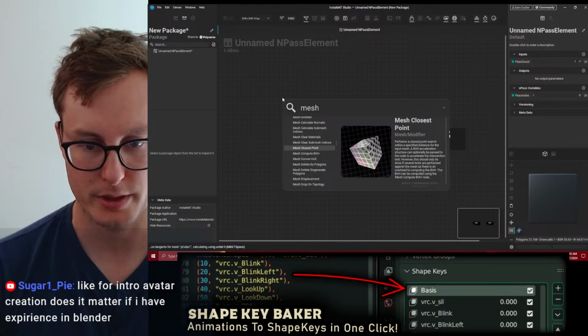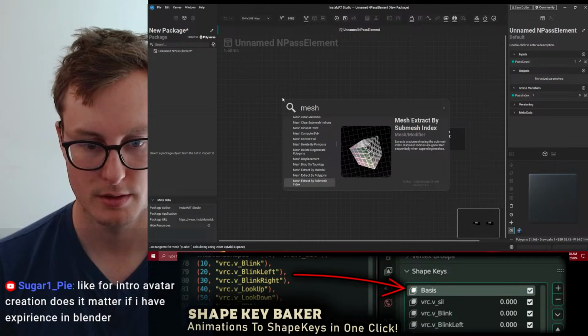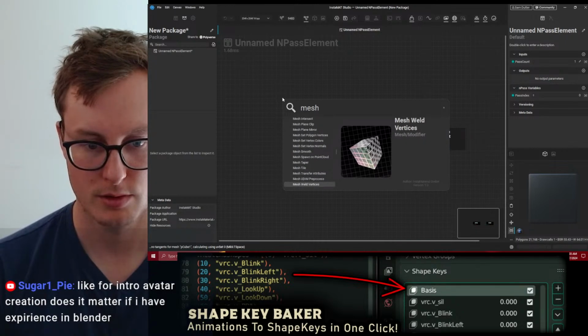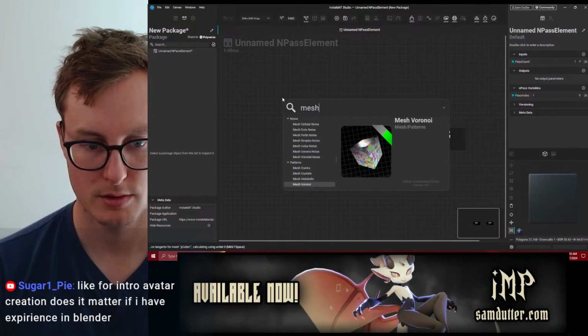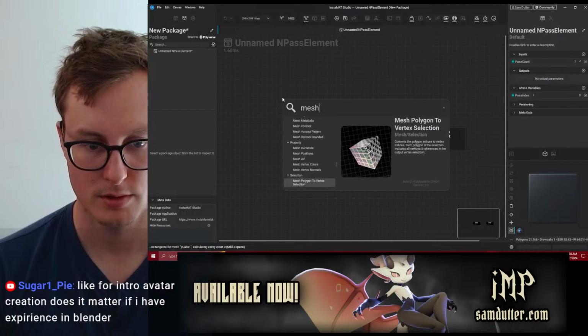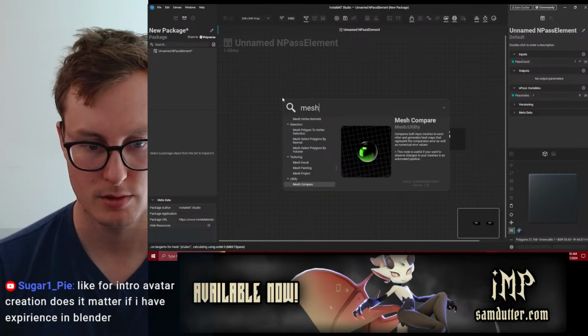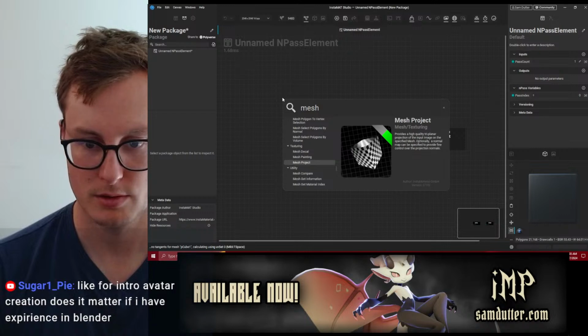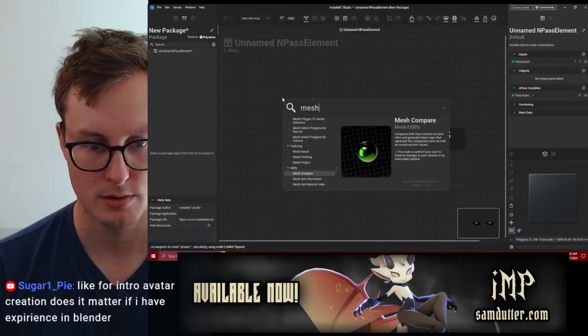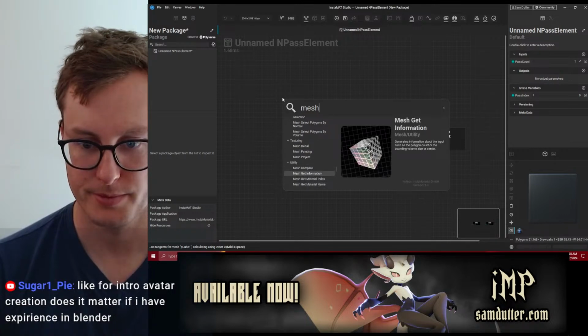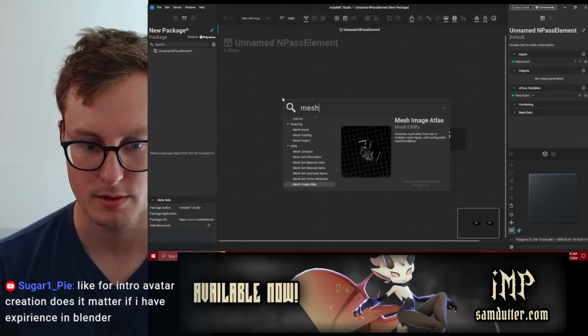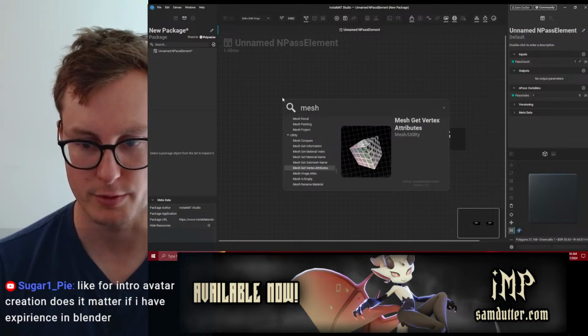I have a closest point. Taper tile. Vertex attributes.